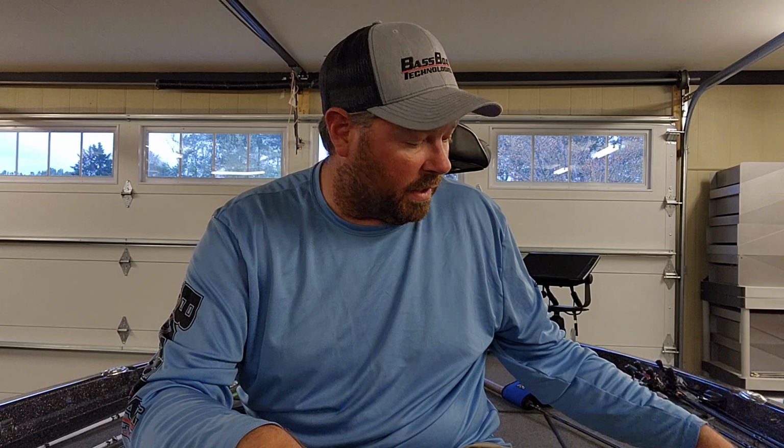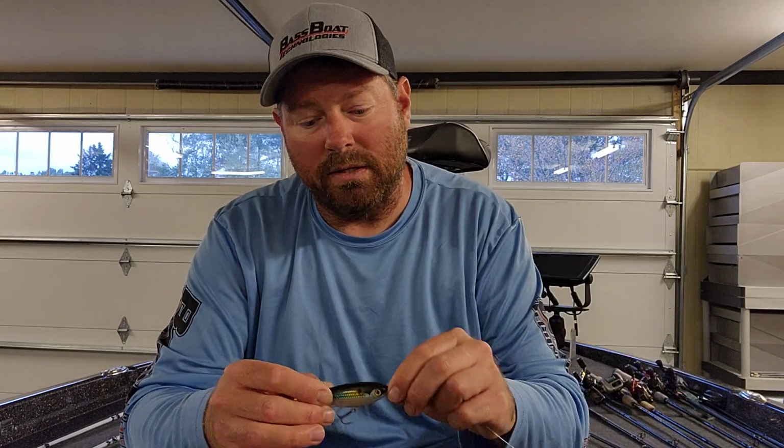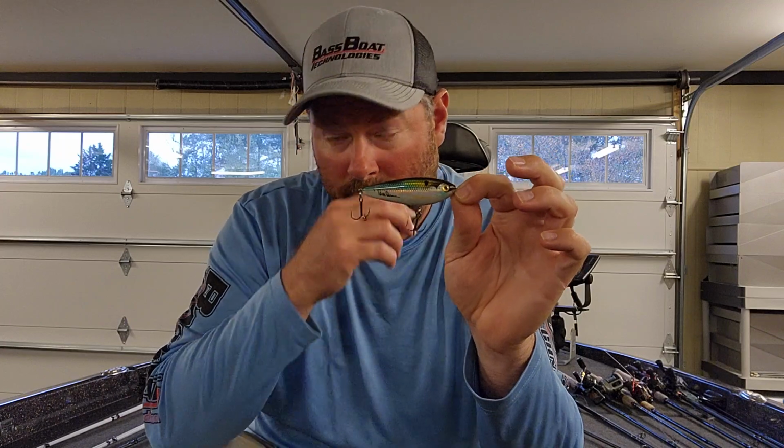If they're blowing up on the surface, I go one of 2 ways. I either go really small or really big with a topwater bait. Again, going old school is the Bill Dance Spitting Image. It's a little 2.5-inch bait that